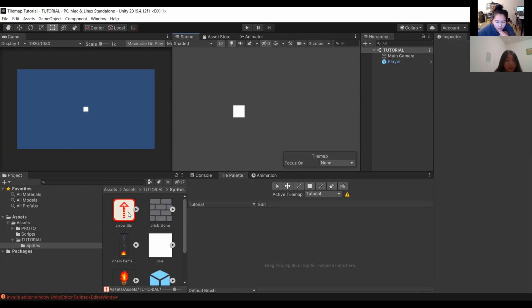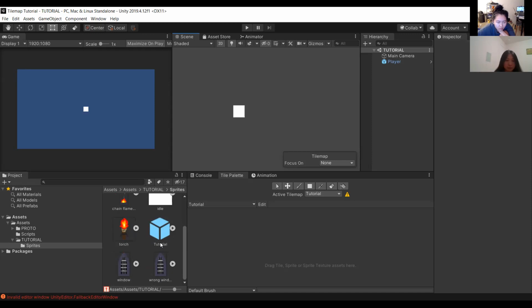Wait, Athena, what file location should we save the new tile palette into? It doesn't really matter, just for the purposes of this tutorial. Later when you're doing new projects, it might matter a little bit more, but for right now it doesn't. It doesn't need to be in the same folder as the sprites or anything like that. No, you can drag it outside if you want. It's fine.